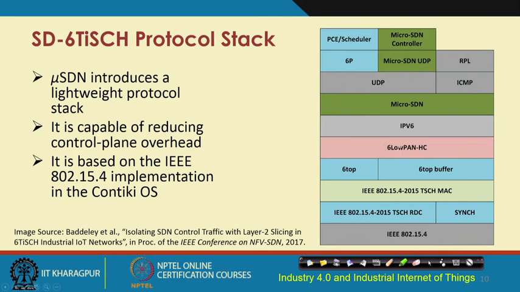So, 6-LoWPAN, as you know, is a network layer protocol; we have talked about it earlier in a different lecture. This 6 basically comes from IPv6 and has been used in this 6-dish protocol. So, this name 6-dish, this 6 comes from IPv6 or from the 6 of the 6-LoWPAN, and then you